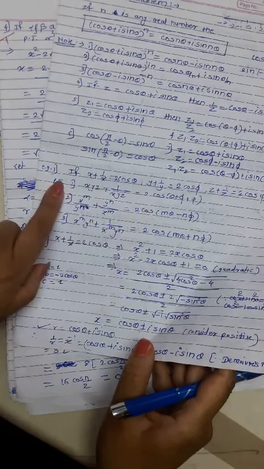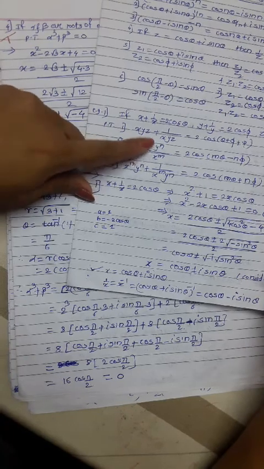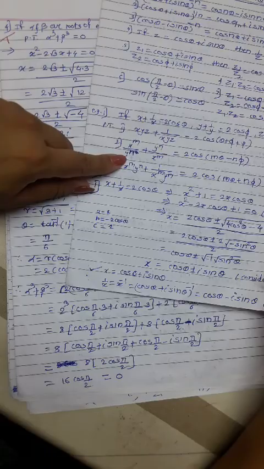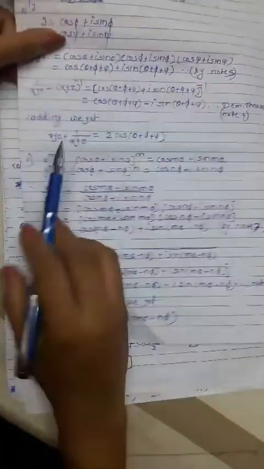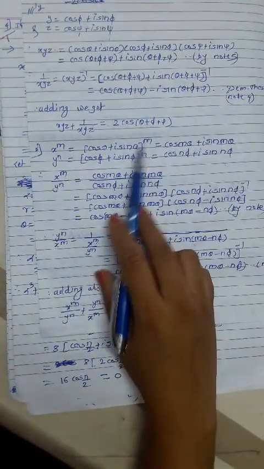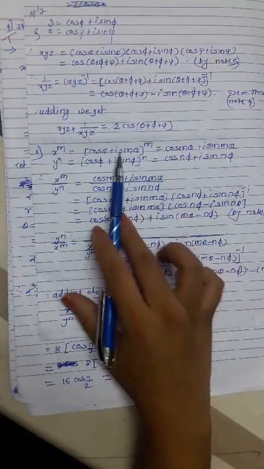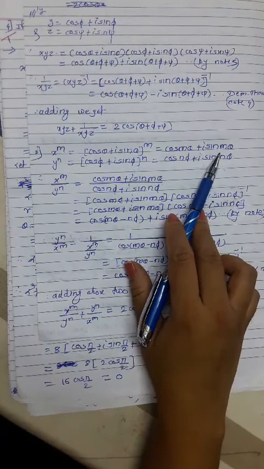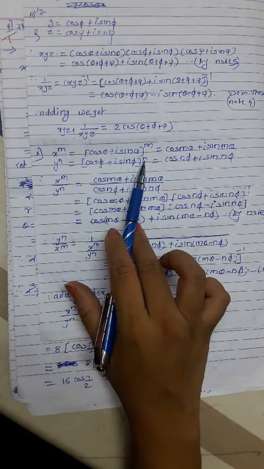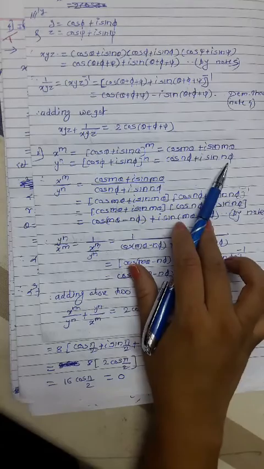Okay, first question complete. Now in the second equation, x raised to m upon y raised to n is there, and this is its reverse term. For that, we just need to calculate x raised to m upon y raised to n. Now consider x raised to m. By De Moivre's theorem, m gets attached to the angle, so it becomes cos of m theta plus I sin m theta. And y raised to n, again by De Moivre's theorem, n attached to the angle, is cos of n phi plus I sin n phi.